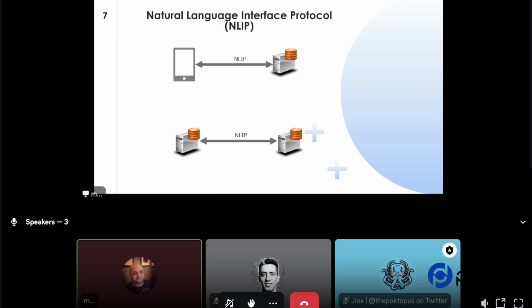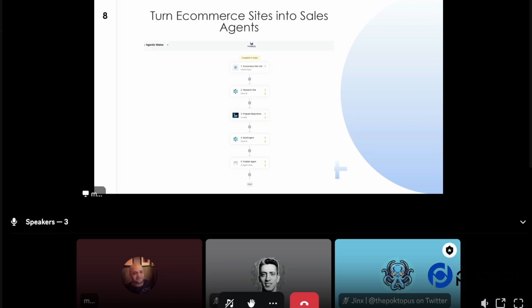We are using a natural language interface protocol. This protocol is developed by IBM, Cisco, and a lot of universities, where it has some kind of standard way to talk between agents using natural language, of course, because it's an AI at the end. The idea here is using Swanblocks, we can turn e-commerce sites into AI sales agents. And all these agents are going to join the gateway into Pocket, where it sells digital products, physical products, services, anything. And any agent can come and shout,